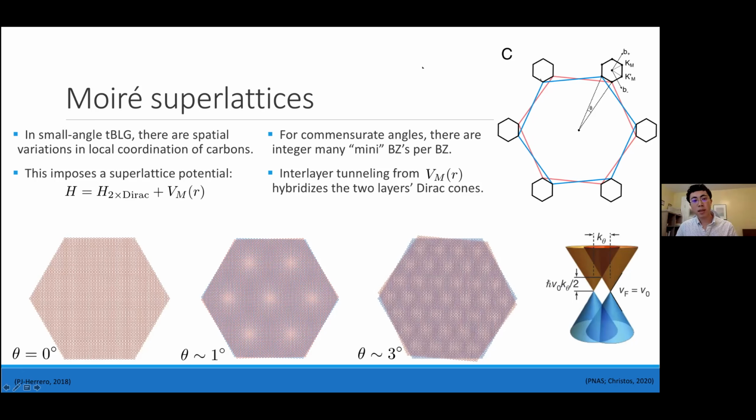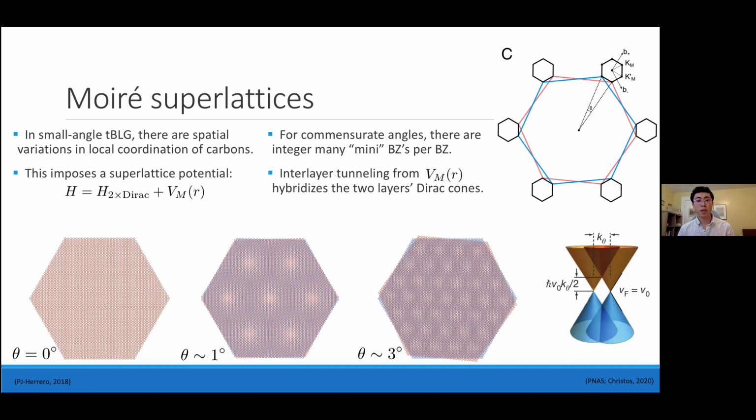Now, what do these small hexagons correspond to? Well, that's the so-called mini Brillouin zone corresponding to the superlattice: larger superlattice, smaller Brillouin zone. We say we have a commensurate situation where we can fill the volume of an original Brillouin zone with some integer number of the mini ones. Even though this isn't always possible, it serves as a good guide for, in practice, computing observable quantities. There's no real distinction that people have found between the commensurate and incommensurate situations. So we'll just think in terms of the commensurate one.